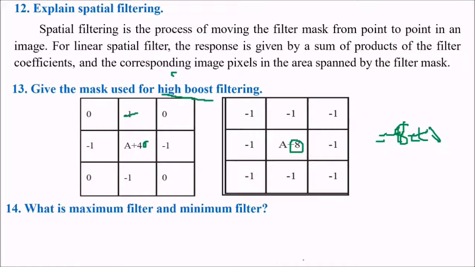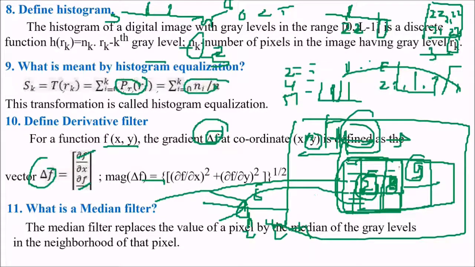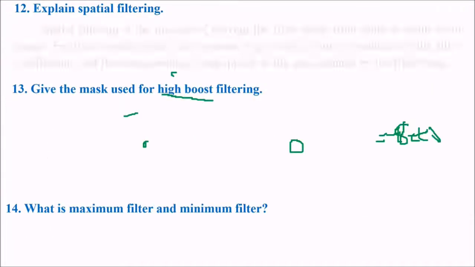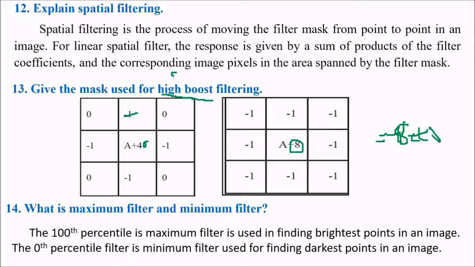What are the maximum filter and minimum filter? Let me again take you back to this median filter. What we have done here is, we have found the median of these 9 values and placed it here. What if I take these 9 values and replace this value with the maximum of these 9 values? What if I replace the central value with the minimum one? So we take the minimum of these 9 values and place it here. This is nothing but the minimum and maximum filter.